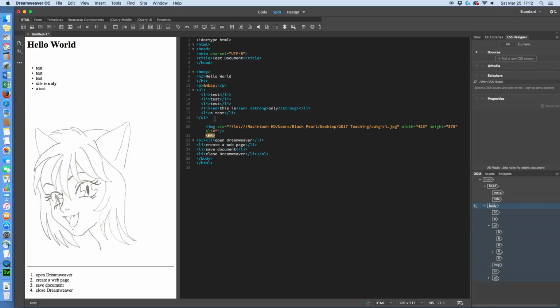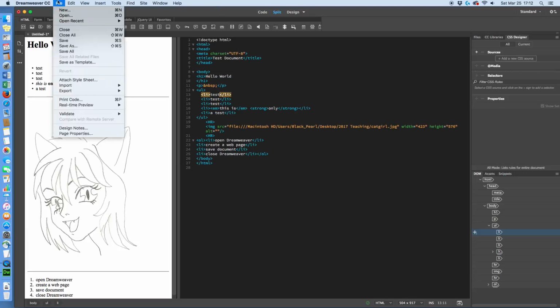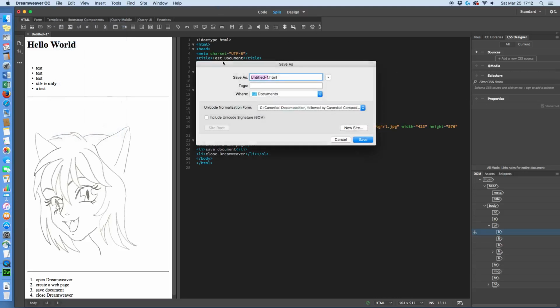Or maybe I want one above and below. Yeah, I think that would look good. So I can do that, and then voila, we've got our horizontal rule above and below. Basically, that's Dreamweaver in a nutshell. If we were to save this, we'd go File, Save,